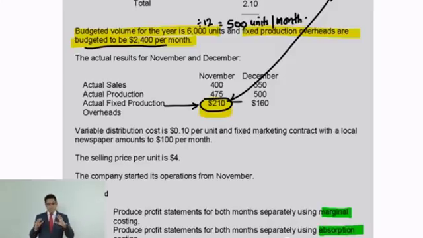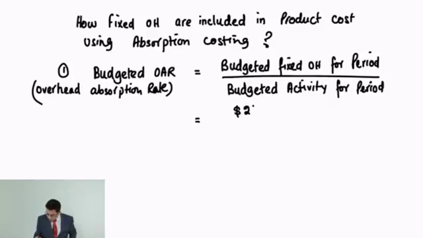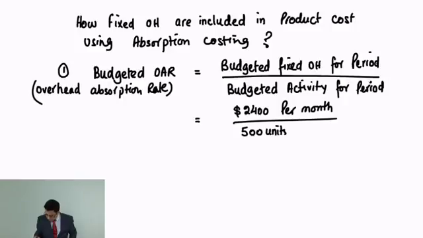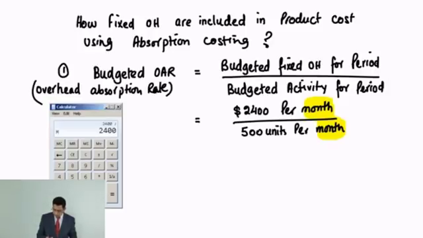Okay, sometimes examiners make these types of tricks. So you have to make sure your numerator and denominator are expressed at the same level. Okay, so budgeted fixed overheads for the month are 2,400, and there are 500 units per month. Now please remember, this was like with like, that you must have the same level of data on the top and at the bottom, and that gives us the overhead absorption rate. If I use 2,400 over 500, which gives me